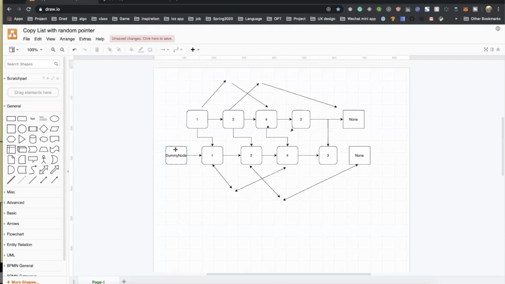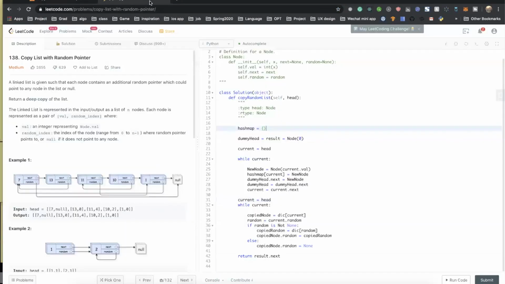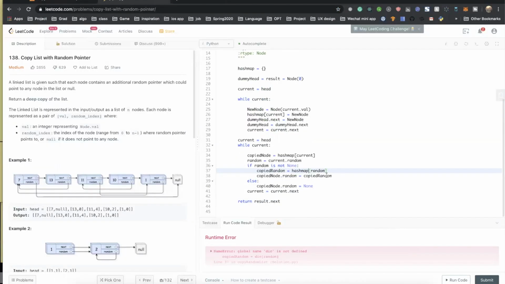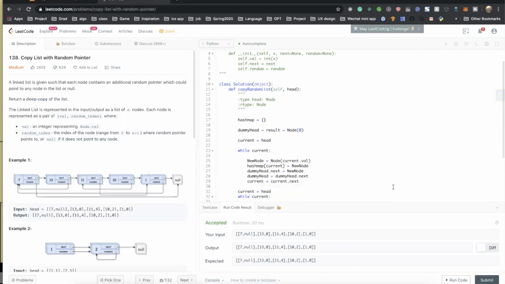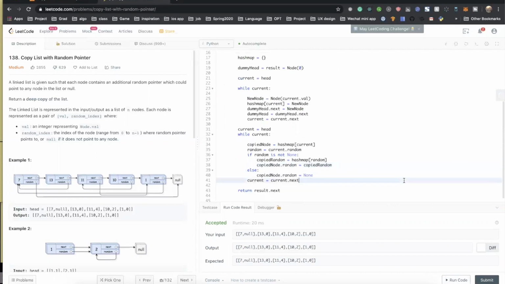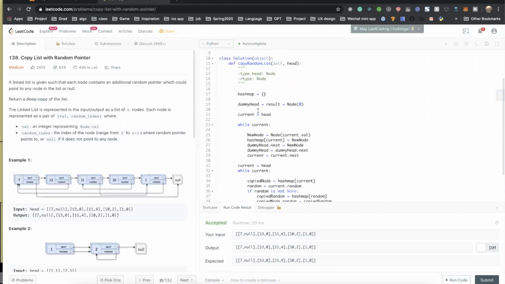Now we create this structure. So let's run our code. So we make a few modifications here. This is hashmap, and we also need to increment the current pointer. So let's run our code. Yes, it's correct. And before we submit our solution, let's run it again mentally